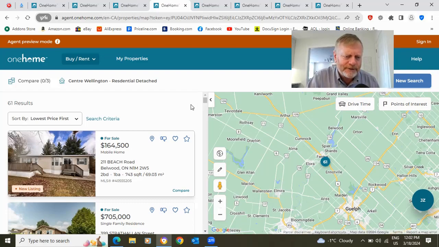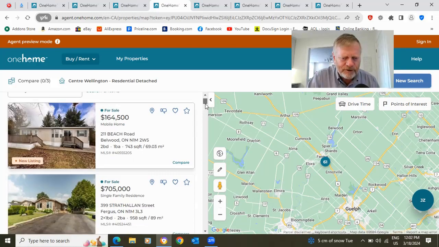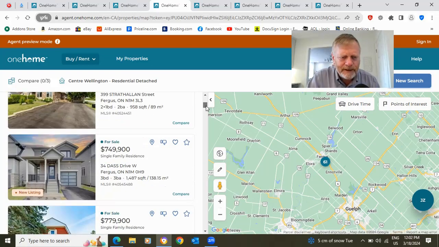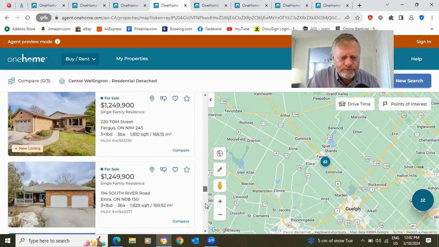I think it's a retirement community actually, but in my parameters I put down freehold. So this is really not freehold. Freehold means that you own the building and you own the land, and in this case, it's a land lease. So if we took that one out of the equation, the range is from 705 up to,